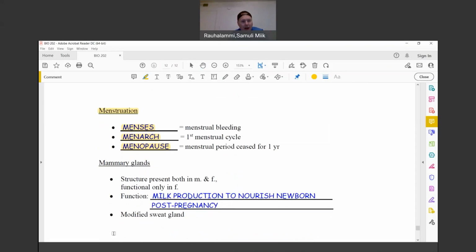Mammary glands are actually modified sweat glands. Their function is to produce breast milk. We do have mammary glands both in males and females, but they're functional only in females. Mammary gland cancer, breast cancer, is possible also in males, more common in females. So the key thing with mammary glands was the production of milk to nourish the newborn immediately at the birth, and after that. Humans are the only species that keeps drinking milk after infancy, and we actually drink cow